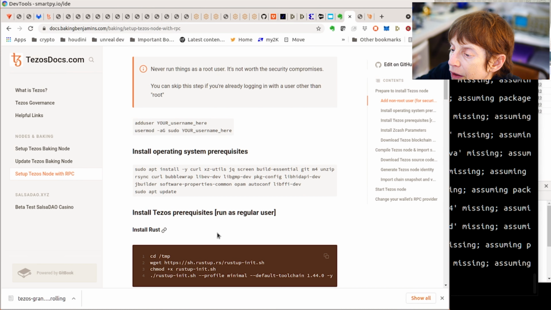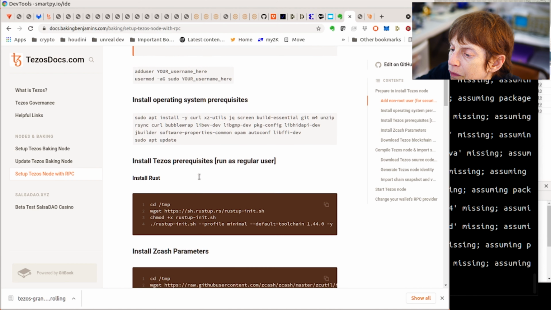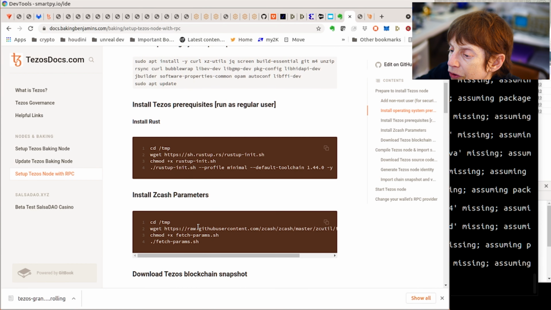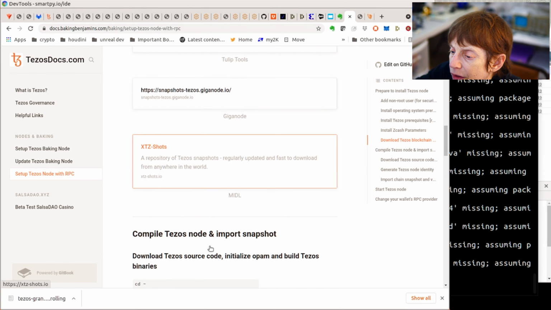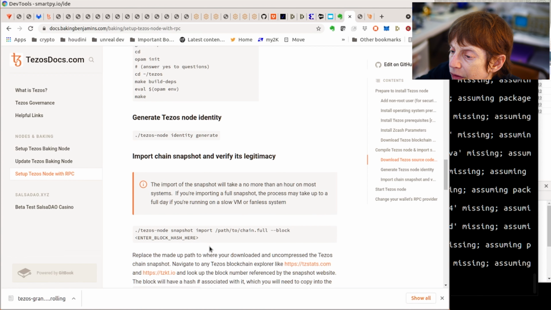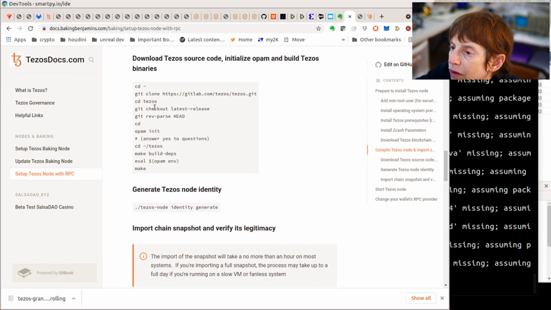So next thing is, we have to start the Zcash. We've done this. I've done this, and then the next step is to do this